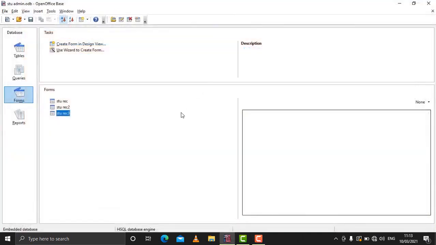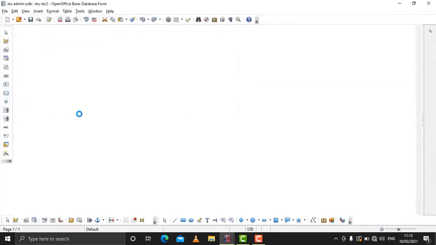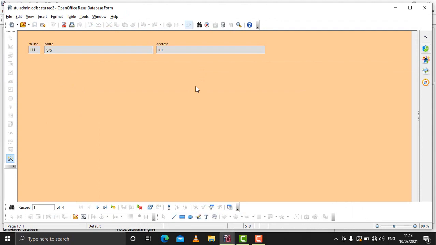The next thing is, if a form is created and you want to use the form to add a new record, that also can be done. For that, you can open any form, double click on the form. So this is the form which opens up, and now through this form you want to add a new record. So for that, you need to click on this icon, new record, click on it, and say for example the number is 115, name will be, suppose, Varun, address GKP.